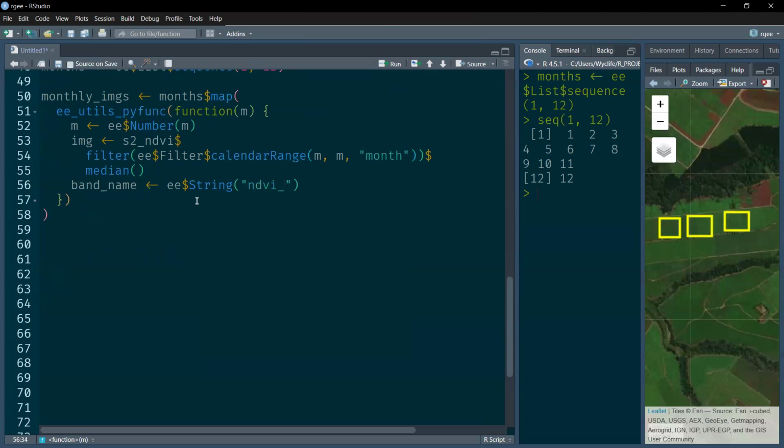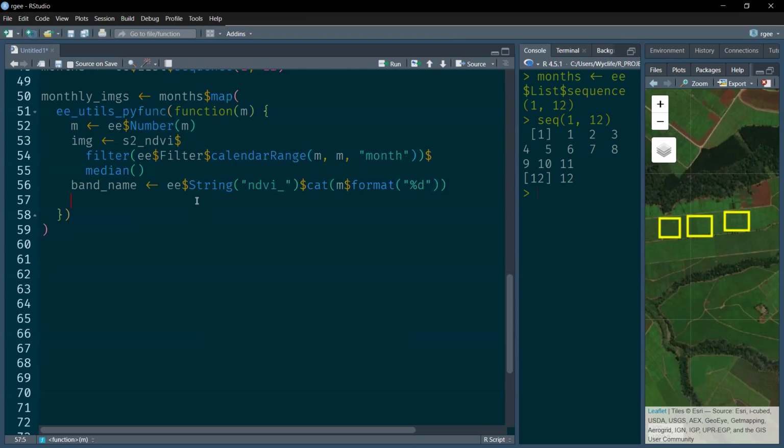We want to name them as NDVI, but we also add some text to it, which is the month itself. And that month needs to be formatted because it will come as a decimal, like 2.0, and that normally throws an error in